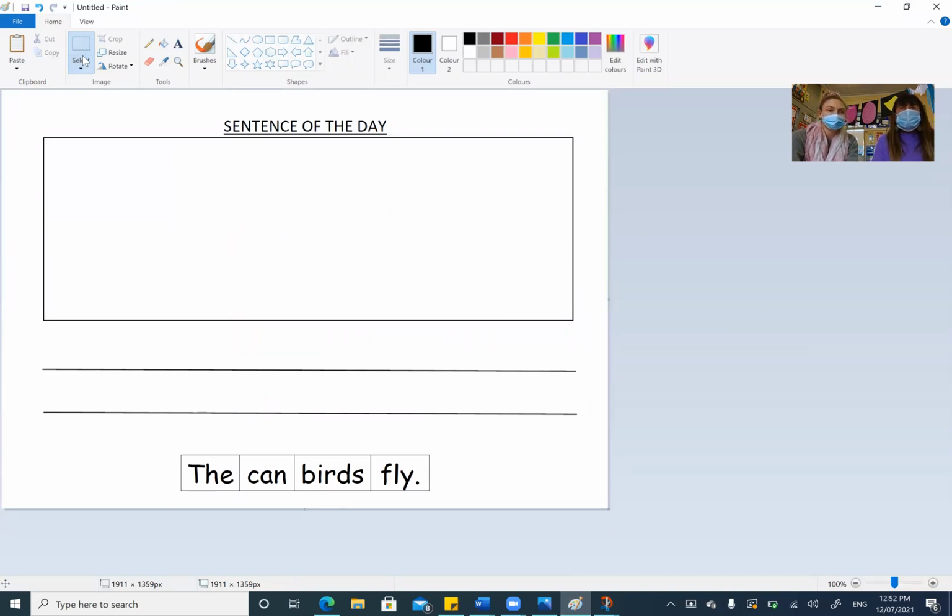Okay, so today's sentence of the day is about the book that I hope you were able to look at on YouTube. The book was called The Rainbirds. Okay, now there's lots of information we already know, we've learnt in the last 2 terms, that a sentence has a capital letter to start with, a full stop to finish, it has finger spaces, and we know that a sentence must make sense. At the moment, these are just words. They don't actually make a sentence. And let's have a look.